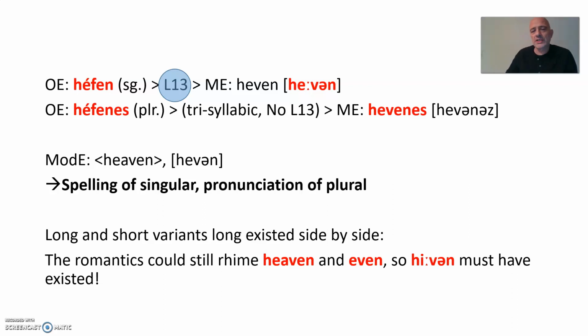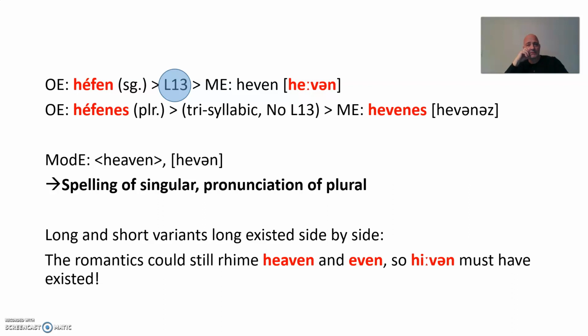Really, the short and long variants existed side by side, and we know this from the rhymes. Even the Romantics, people like Wordsworth and Byron, could rhyme heaven and even. So it must have been heaven, even and even, otherwise it wouldn't rhyme. What really happened is that the long variant died out and the short variant survived, but we still spell the long. Okay? And this is the explanation, here we go once again, why heaven looks like heaven